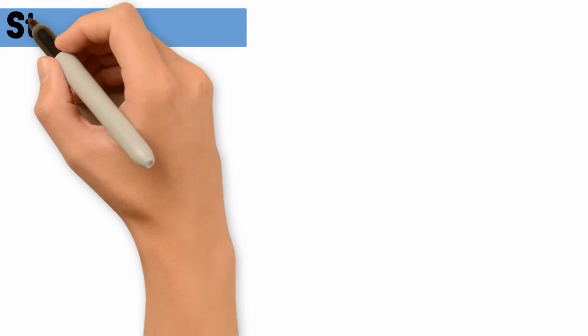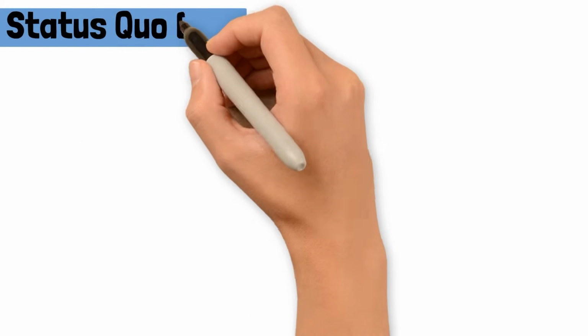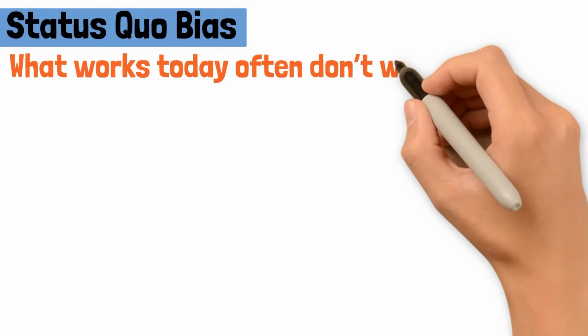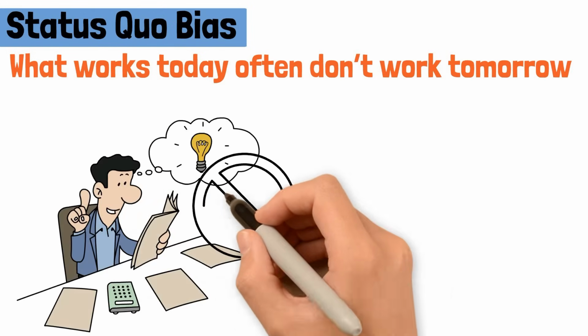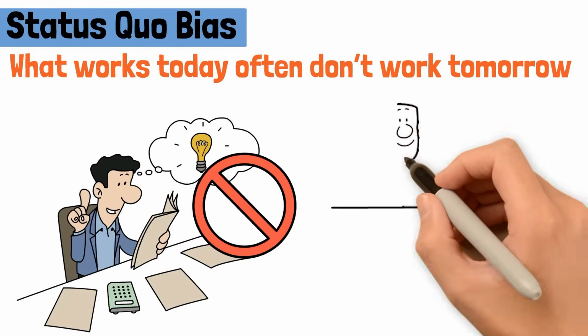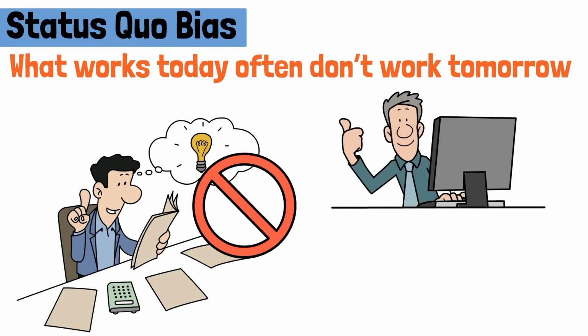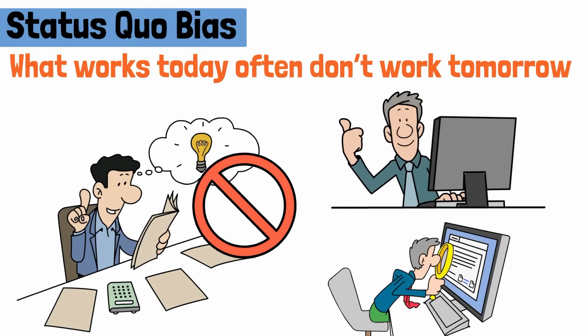Lastly, traders tend to be occupied with the present, something called status quo bias. But what works today often doesn't work tomorrow. Most strategies stop working sooner or later. You better prepare for tomorrow. Trading requires constant research for new strategies and styles.